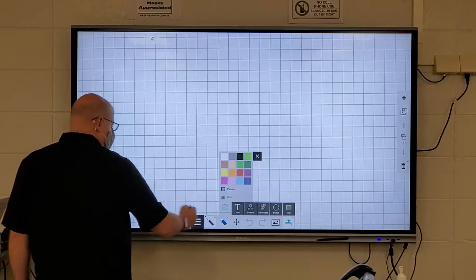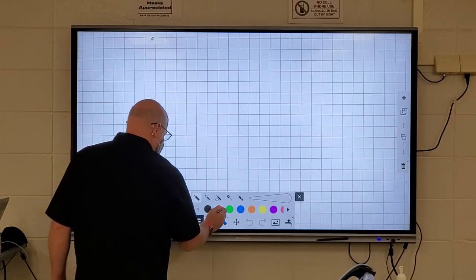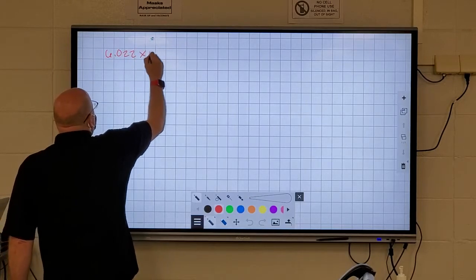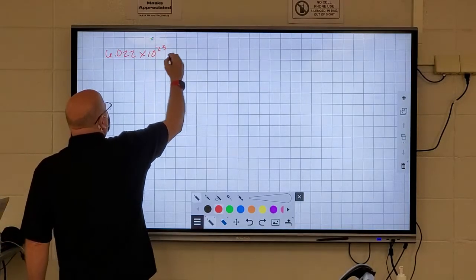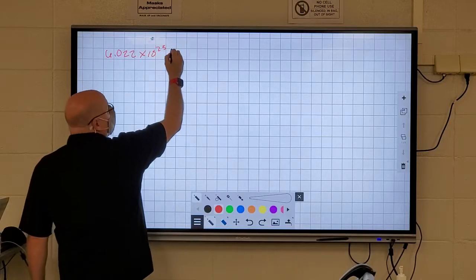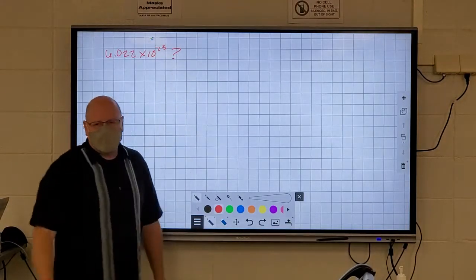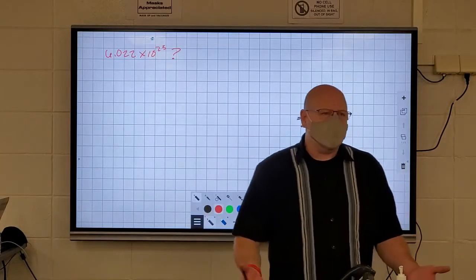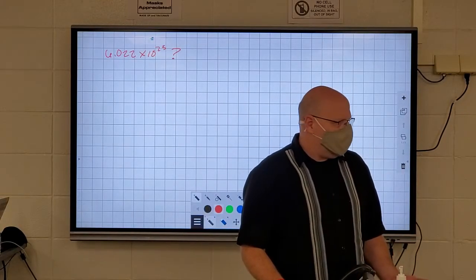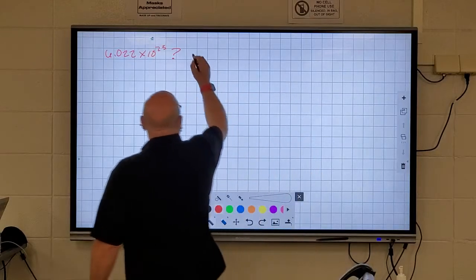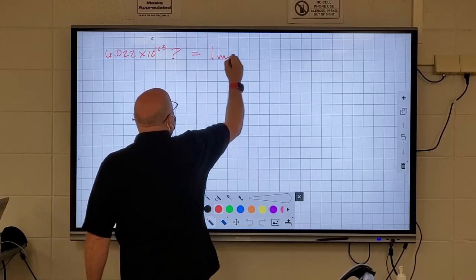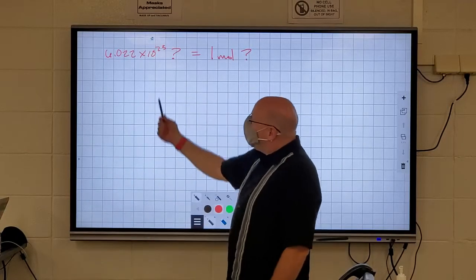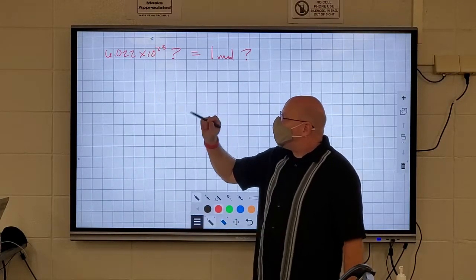Yes. So I want to reemphasize that. Six point oh two times 10 to the 23rd of whatever. Okay? So it does have a unit, it's just the unit is whatever you need it to be. Okay? Is equal to 1 mole of whatever. Now, if a question is asking about